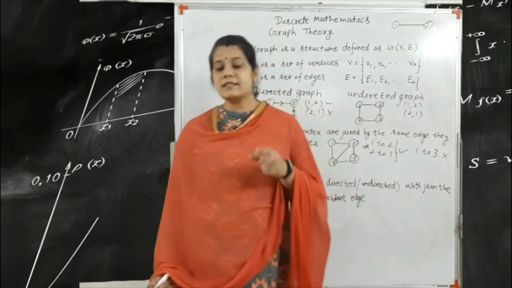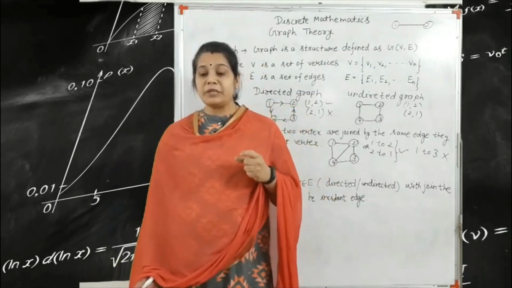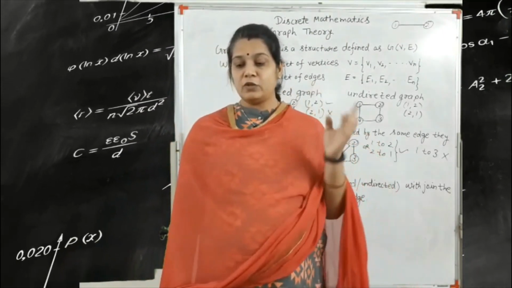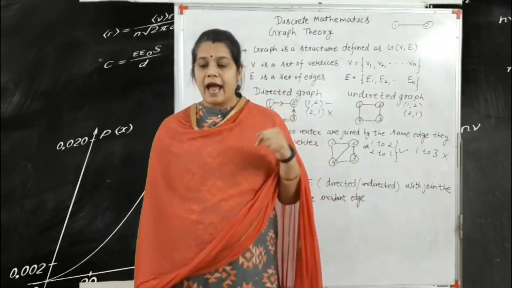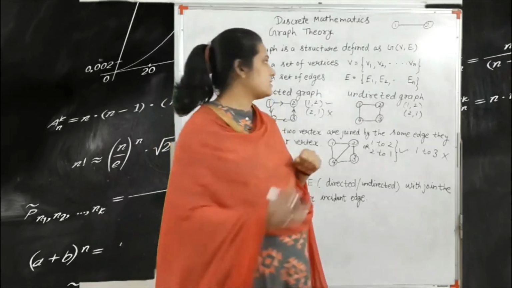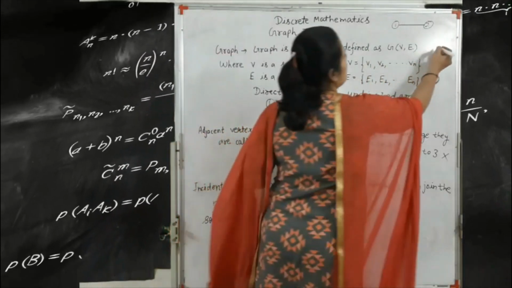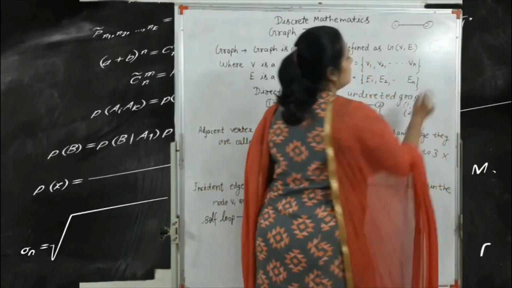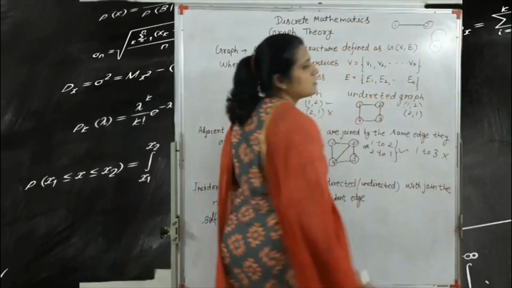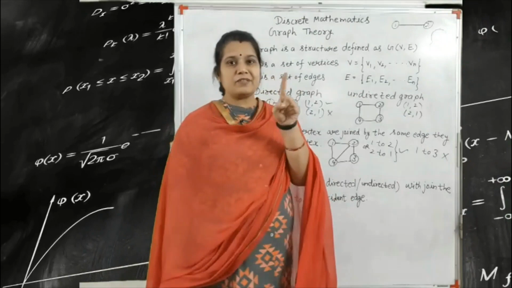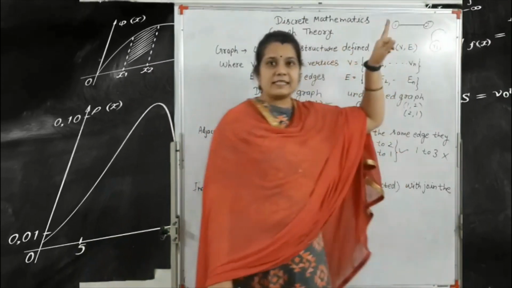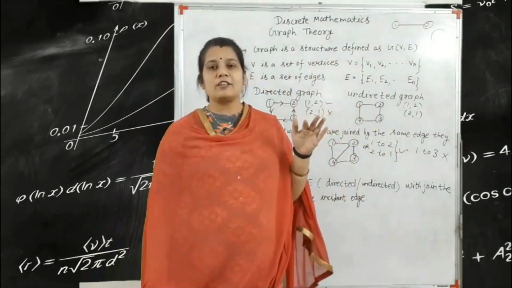Next one is the self loop. So what do we mean by the self loop? The starting and ending node are the same. For example, this is one node, and here we write the edge. So the node is only one, V1, and the starting and ending point of the edge is the same. Got it? So this is called the self loop.